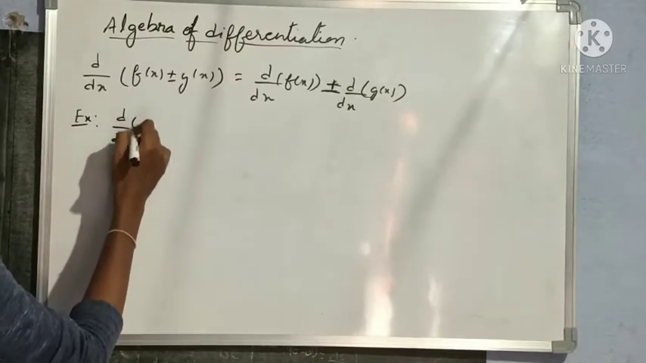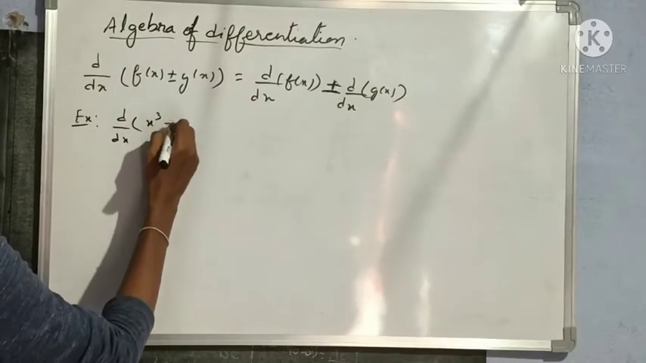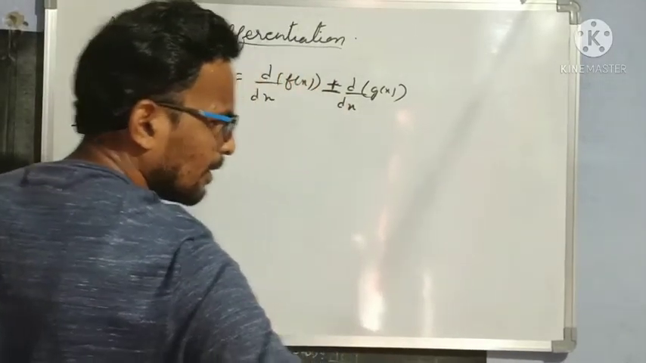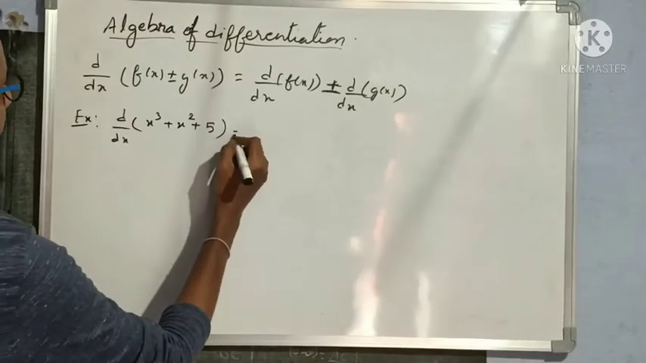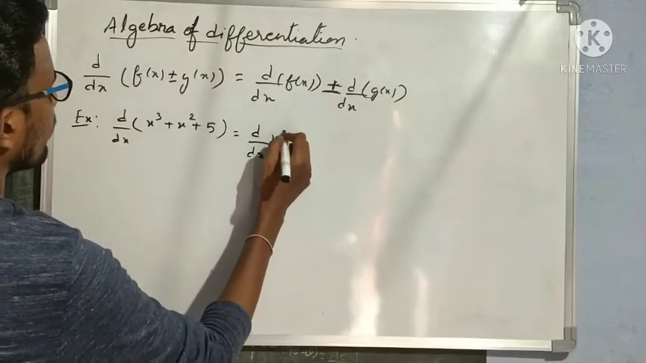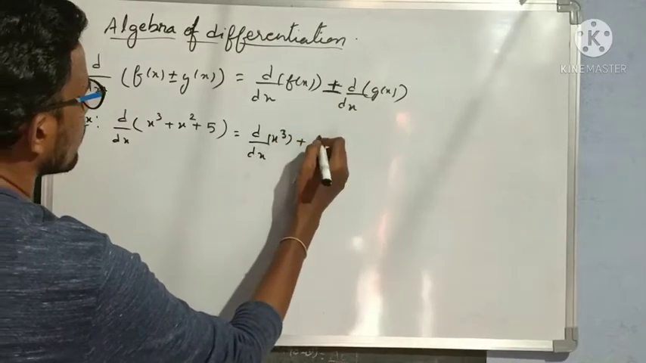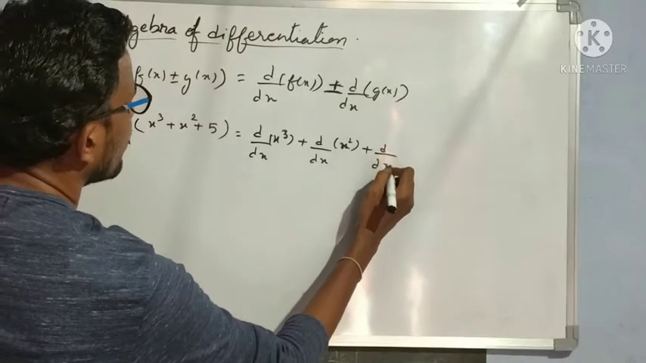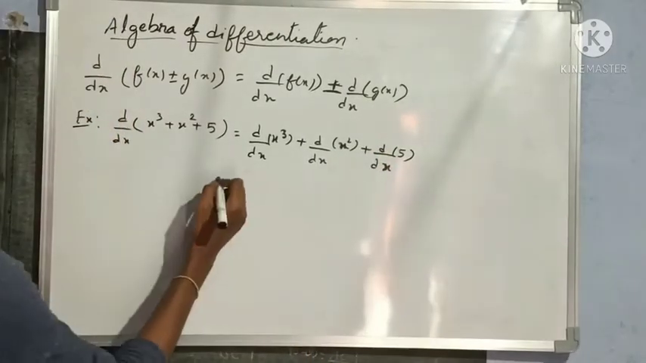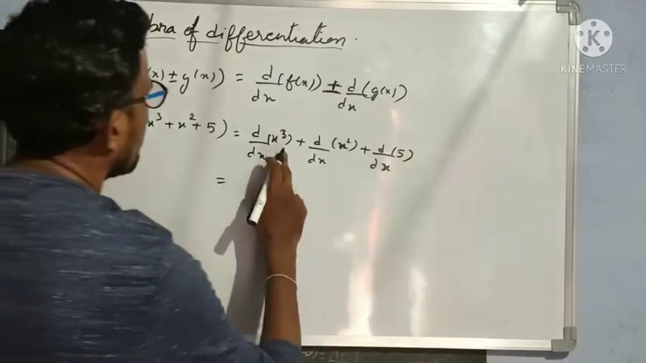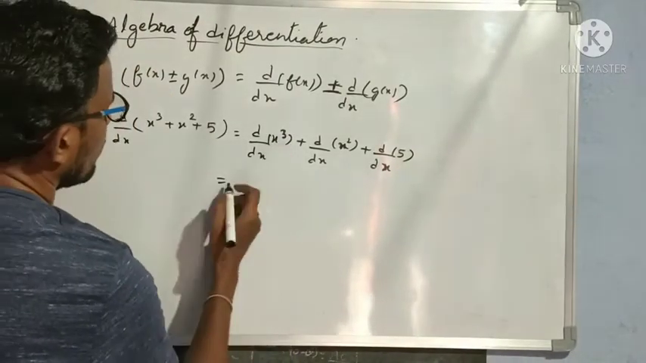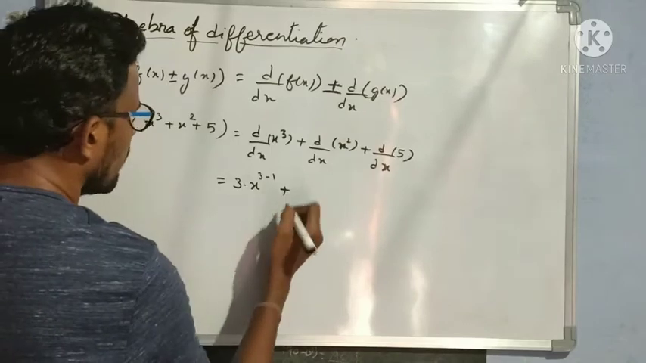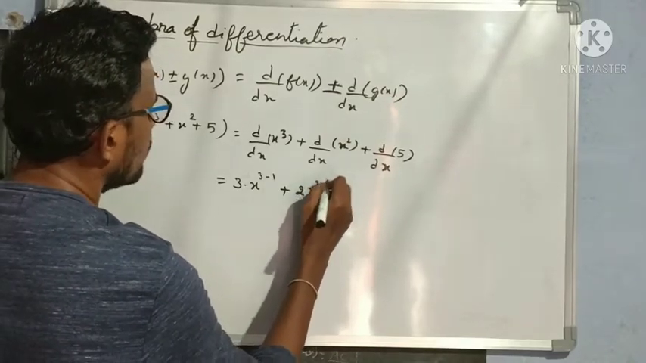So d by dx of x cube plus x square plus 5. Here three functions are there with addition in between. So I can write it like this: d by dx of x cube plus d by dx of x square plus d by dx of 5. So this is in the form of d by dx of x power n, and d by dx of x power n is n into x power n minus 1. So 3 into x power 3 minus 1 plus 2 into x power 2 minus 1 plus d by dx